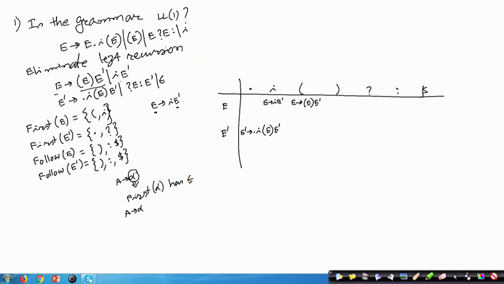So, this E dash producing epsilon has to be added to all the places where the follow symbols of E dash are coming.